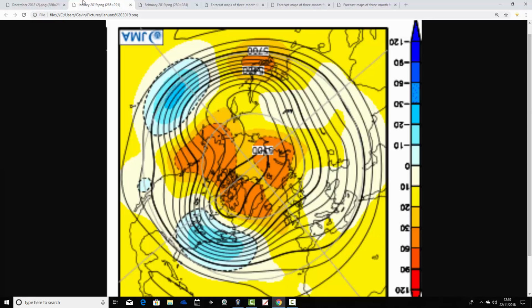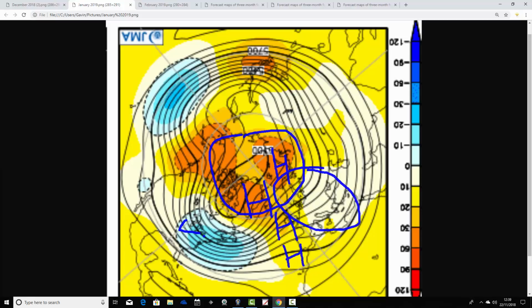This is the 500 millibar height anomaly chart for January, and we see a strengthening blocking signal appearing around Greenland and Iceland, and also to the north of Scandinavia around Svalbard. And so it does appear that we're generating some really quite large northern blocking there. Now I've got this ridge extending down through the Atlantic, so there's a bit of a mid-Atlantic ridge going on. Again, no particular trough, interestingly, across central parts of Europe,